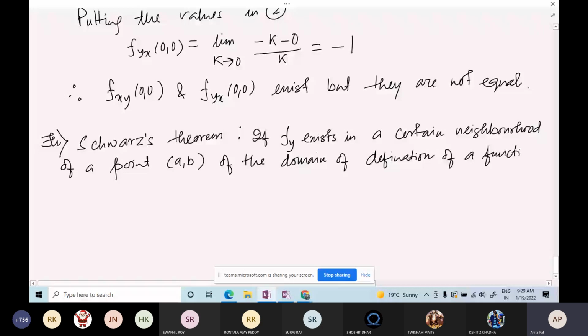So Schwarz's theorem says if f_y exists in a certain neighborhood, please mute yourself. Still, I'm getting some sounds. If f_y exists in a certain neighborhood of a point (a,b),